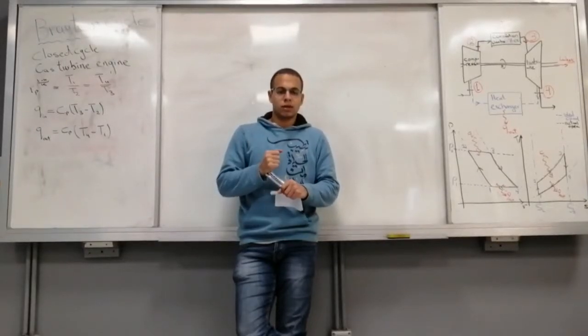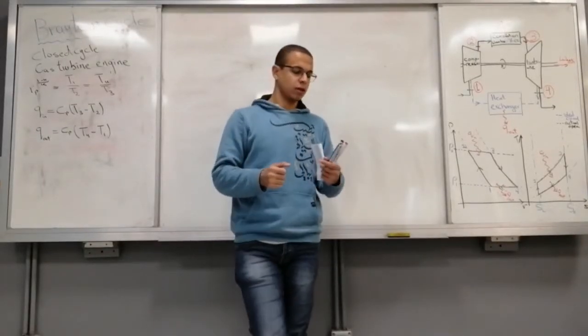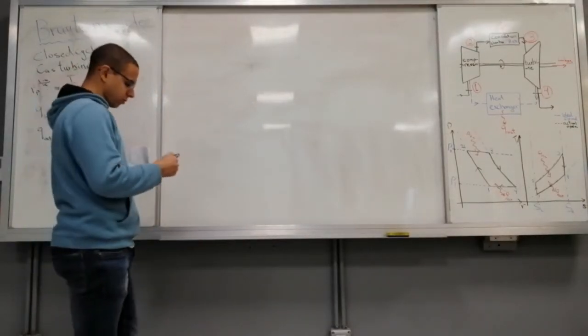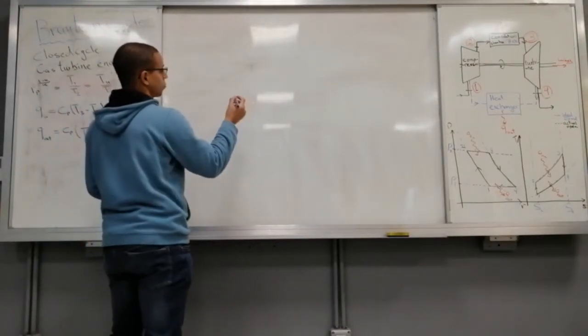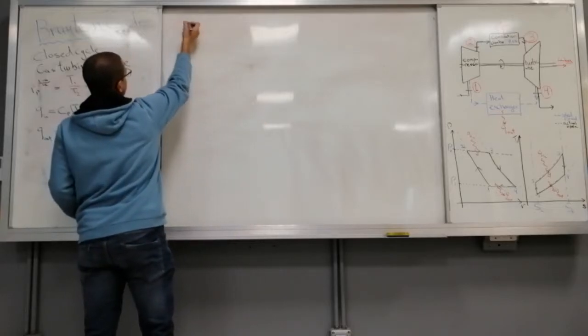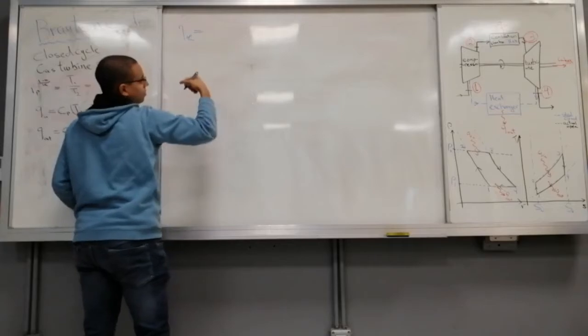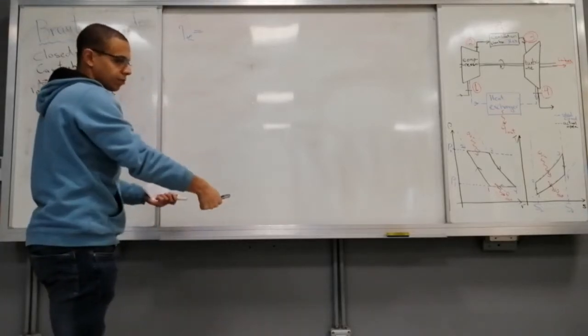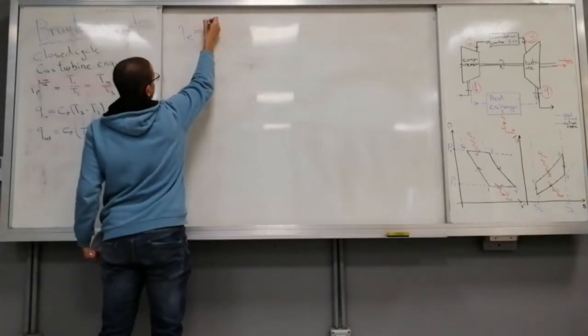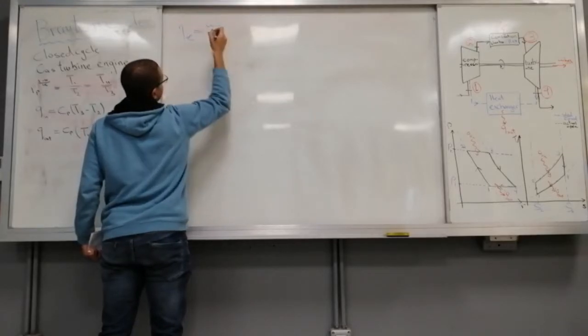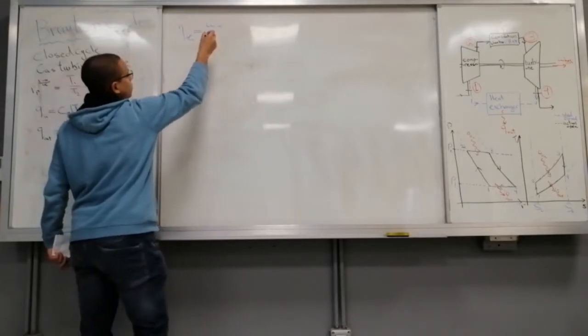Now it's time to analyze the thermal efficiency of the Brayton cycle, the ideal closed one, with all the assumptions we said in the first video, in the very first one. So we know already that the thermal efficiency of any cycle equals what we get for what we pay. What we get is the work out, the net work out, and what we pay is the